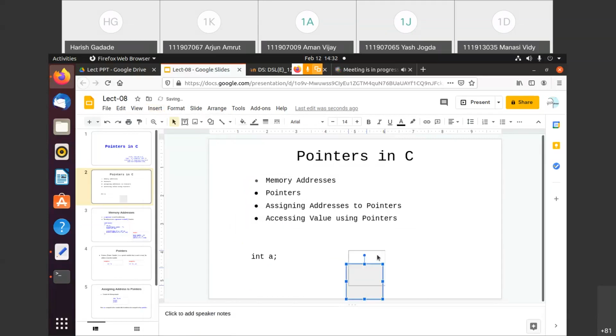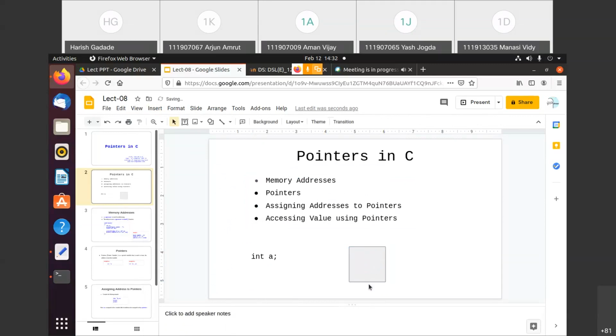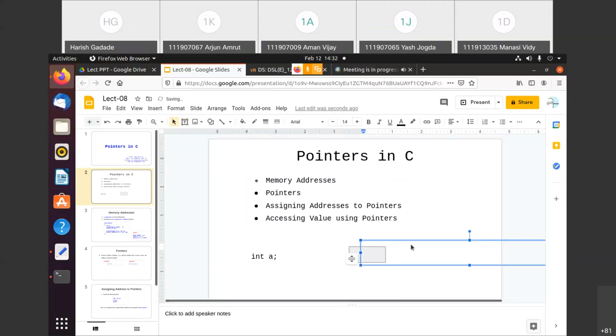So you can say in memory, this kind of block will be reserved, right? When I simply write int a, randomly it reserves one block in the memory. Suppose this is the block, and it gives a name to that block, like a.